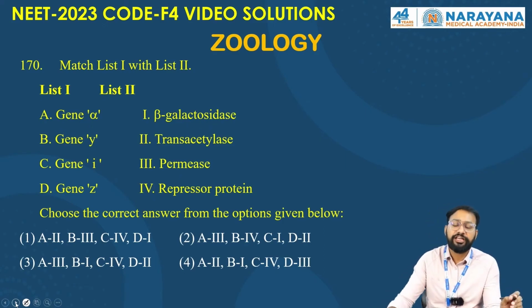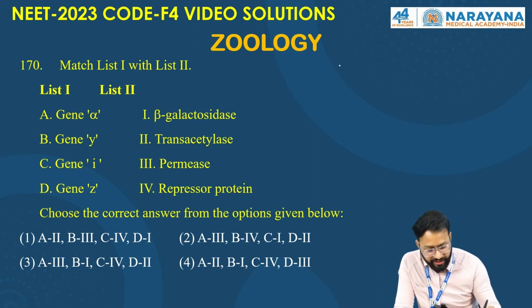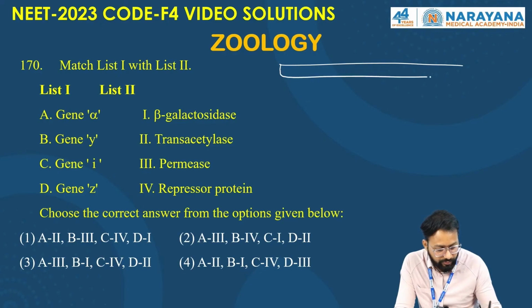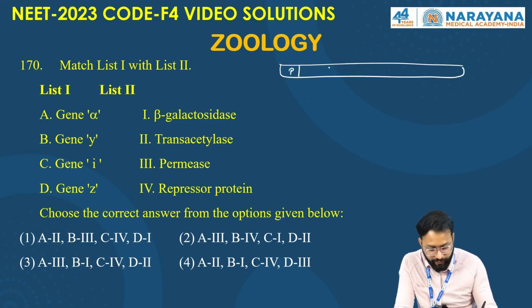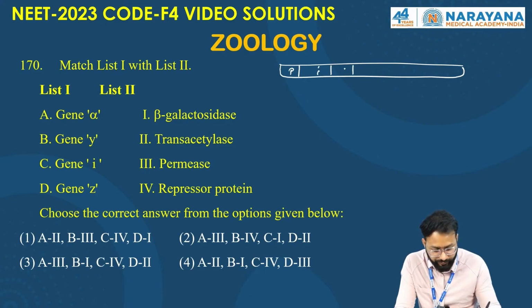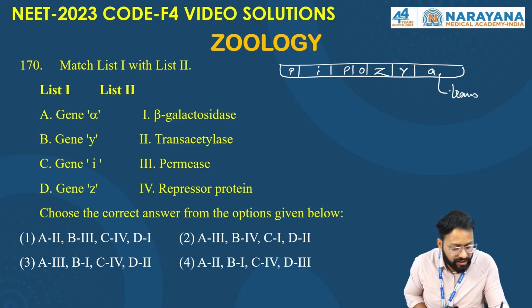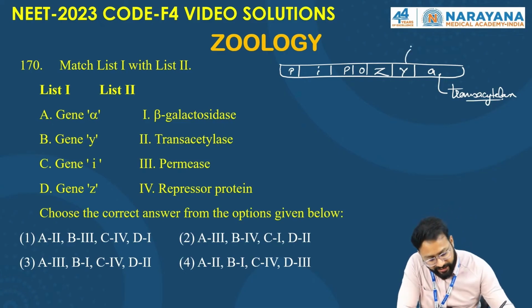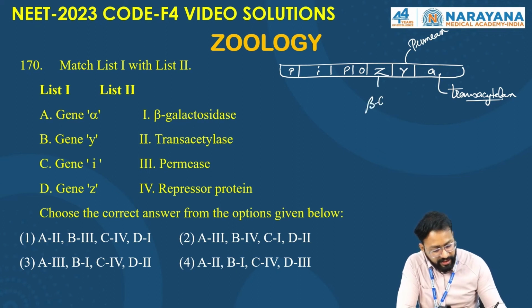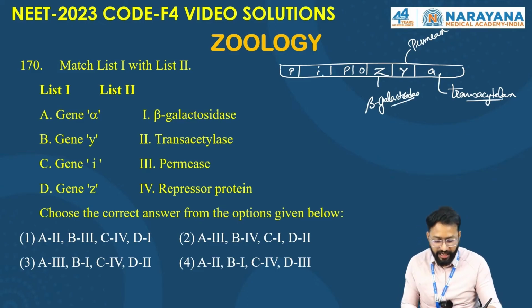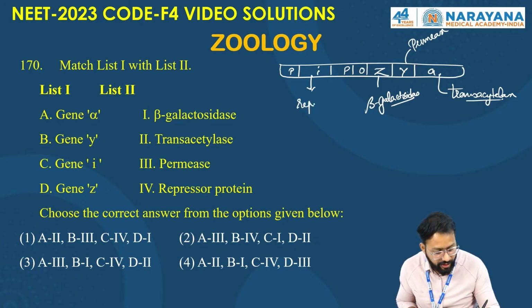For coding of a gene, you can take an operon which consists of different sites Z, Y and A. A helps in coding transacetylase, Y helps in permease, Z beta galactosidase, and I is for repressor